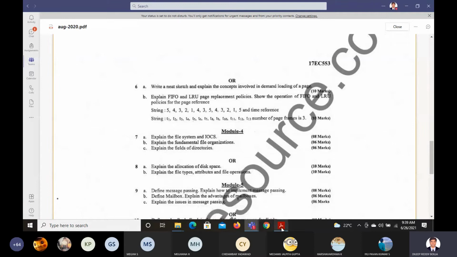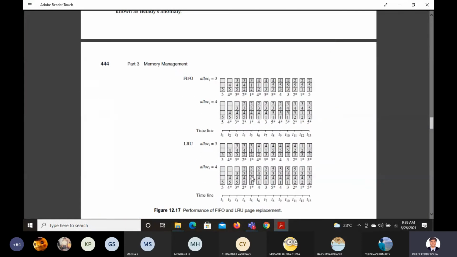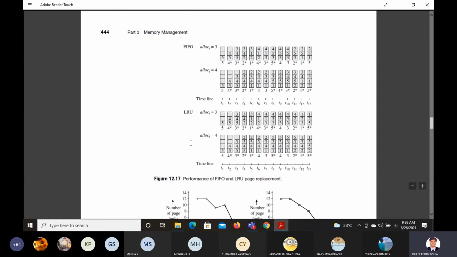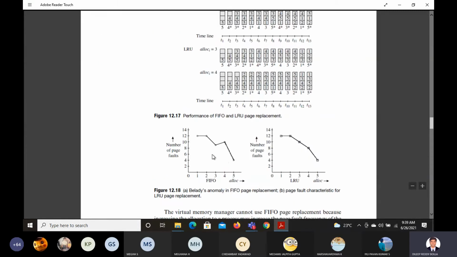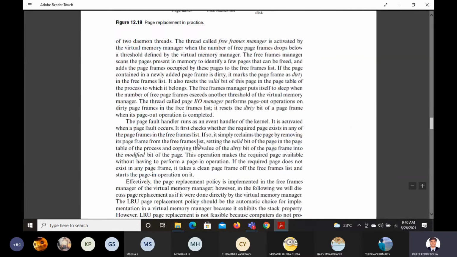So that's about page replacement policies. You can explain in this way also. This is one way you can explain, or above there is some other way. You can explain FIFO and LRU, and explain why you have taken that and what is happening. These graphs are just given for comparison to understand. It's not required from an exam point of view. And then we will go to 12.8.1.